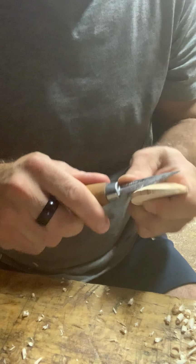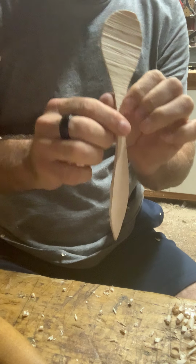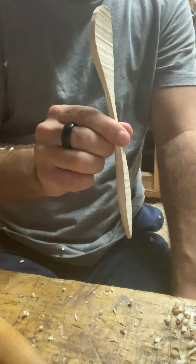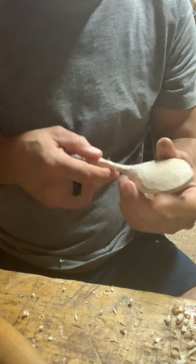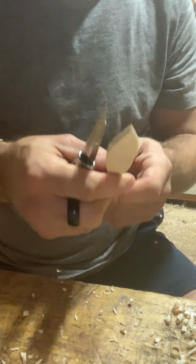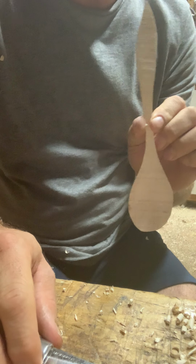The spoons in his book were just so marvelous to see. I never really thought that I'd say the word marvelous or cool looking spoon before, but it's been a lot of fun to explore, and my spoons certainly have come a long way from my first ugly spoon to now getting something that certainly is, we'll call this